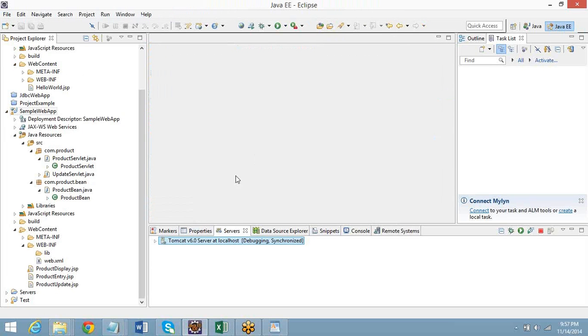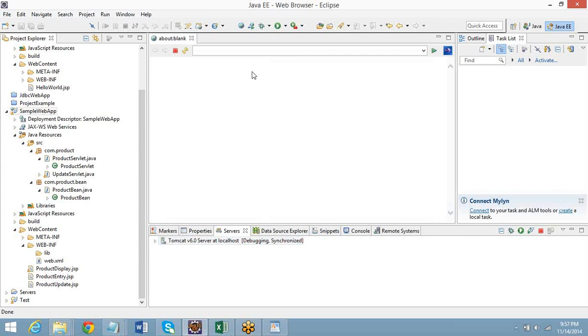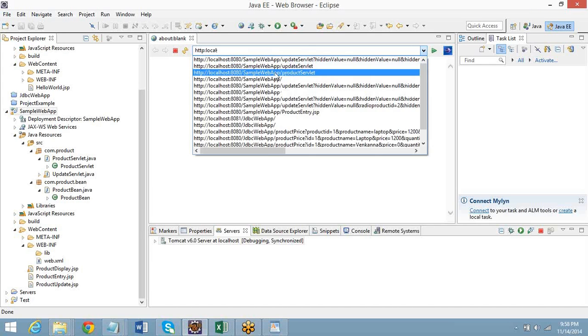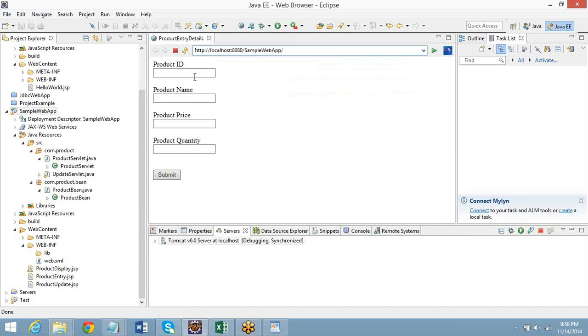Okay. Now open the browser. It started already. Open the browser. Type the URL. HTTP localhost. Or else you can select it. It will be there. There is a drop down. It's not there. It will be there. Oh yeah. It won't give a hint, but yeah. No, yeah, that one. Now start it.